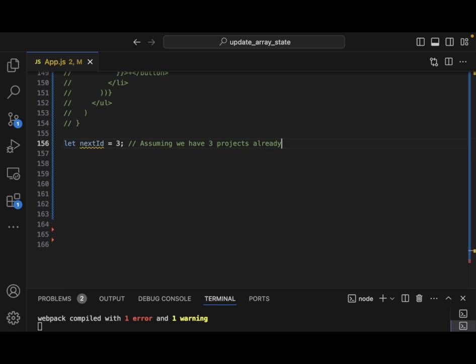Now this nextId, we can actually use it in a variety of different ways later on, but maybe we want to set it up for some new project. It doesn't exactly matter where or what. And again, we're just making this as a quick